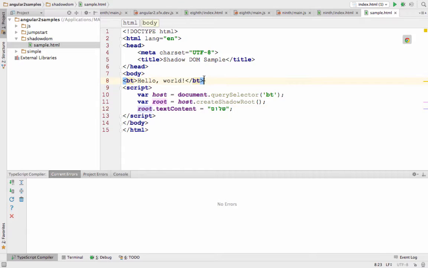Here in this code sample we have the BT element, and the object in the DOM that represents this BT element is called the shadow host object. That object, even though its content is hello world, because we over here create a shadow root, this content won't